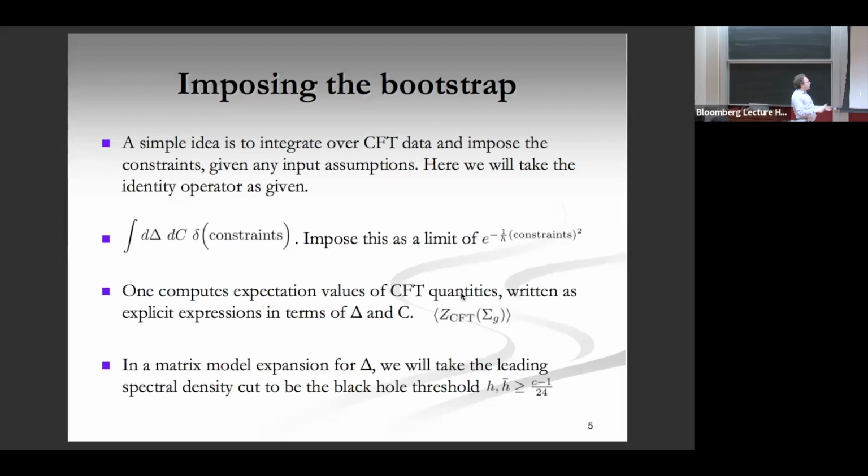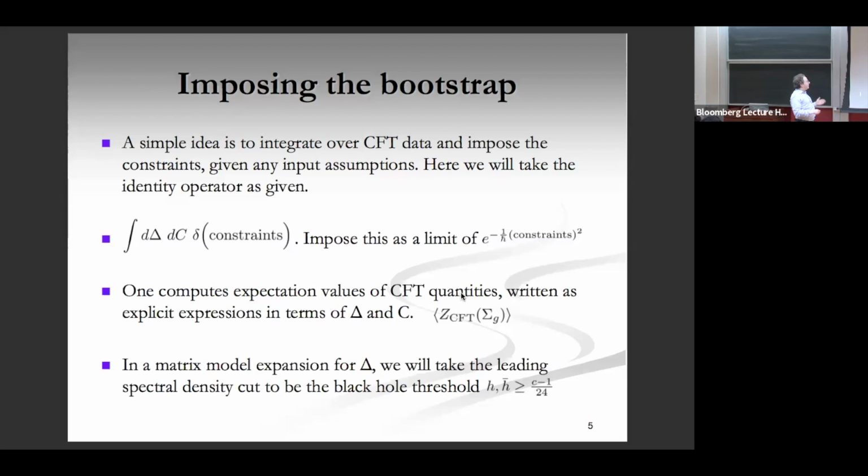Okay, so now we could try to impose a delta function of the constraints as a limit of e to the minus 1 over h bar squared times the constraints, where h bar is a new parameter. It doesn't map to anything on the CFT side. CFTs are when h bar is 0. If h bar is non-zero, we have some kind of approximate CFT, but that won't be the thing of interest. Here, the interest is what you get by taking the limit, but we will approach the limit in some way and somehow reorganize the expansion in something magical.